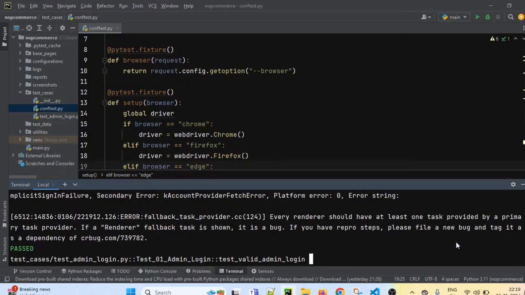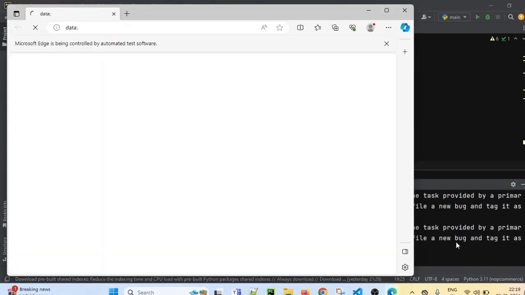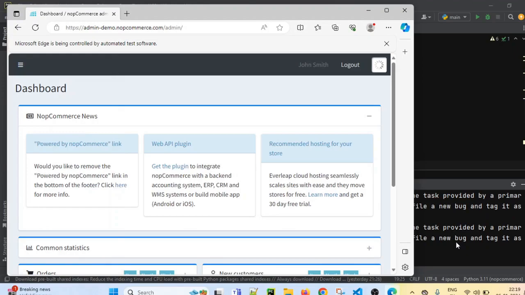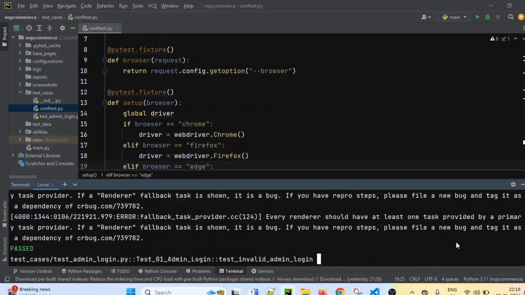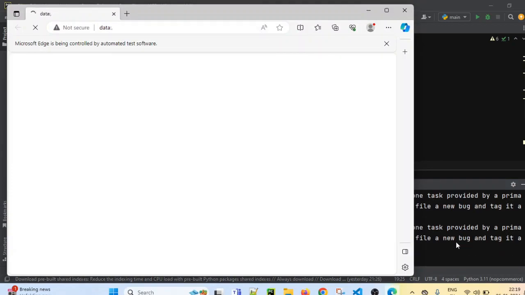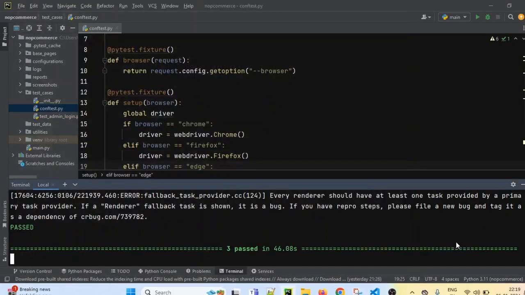The first test case is already passed. It will launch for the second test case now for valid login. Again it is checking valid login now on the Edge browser. The second test case will also get passed. Now it will move on to the third test case for error message after invalid login. And this is happening on which browser? Edge browser. Right, so this is how we have executed the test cases on all the 3 browsers.